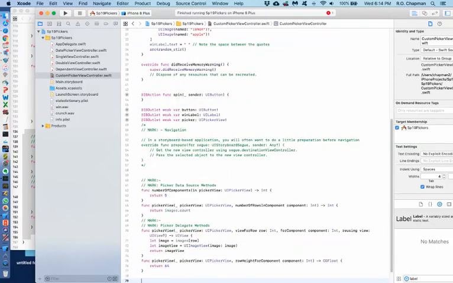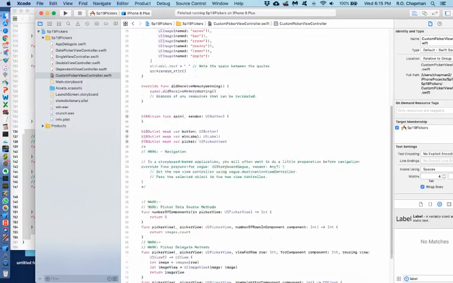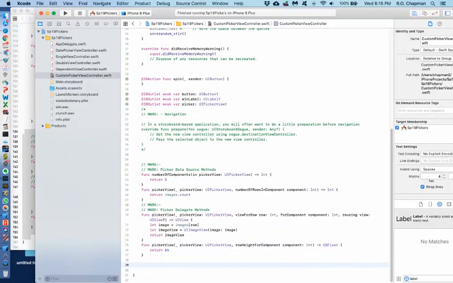There are 5 components in the picker now, but it's the same number of rows in each one, and it's just the size of that images array we initialized up here, so 6. And the delegate methods, when you're given a specific row, you just pick the appropriate image from that row